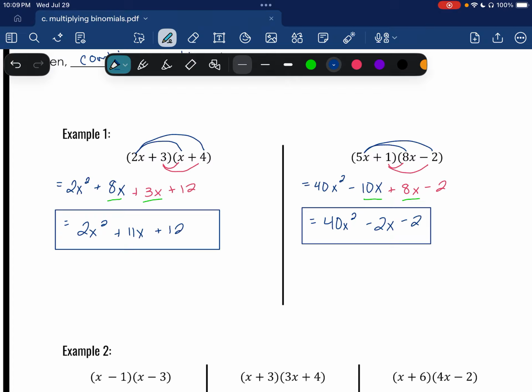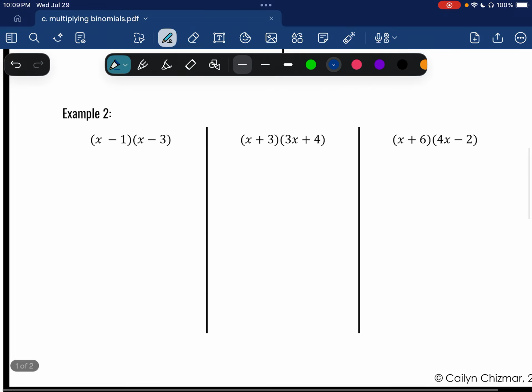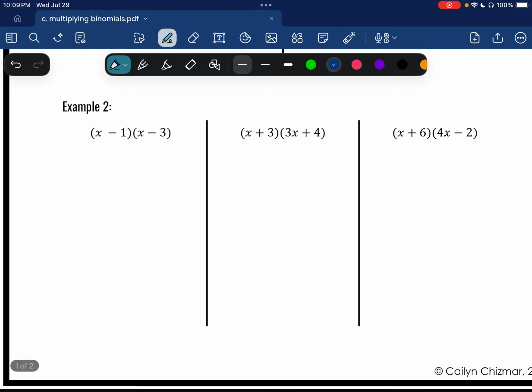Alrighty, so example two. Keep on moving and grooving here. X times x, x times negative 3, so it'll be x squared minus 3x. We have to distribute minus 1, so every time it's going to be the opposite. We'll have minus x plus 3. And then combine these like terms right here in the middle. X squared, yes, 4x plus